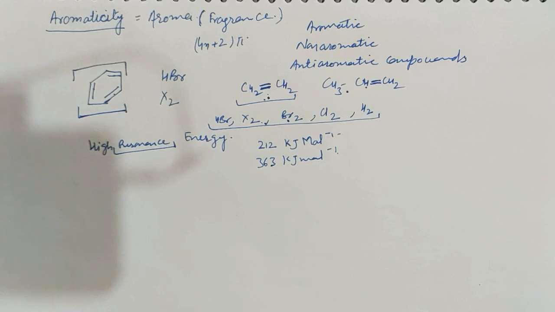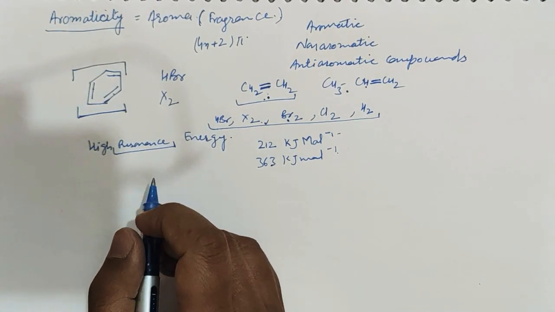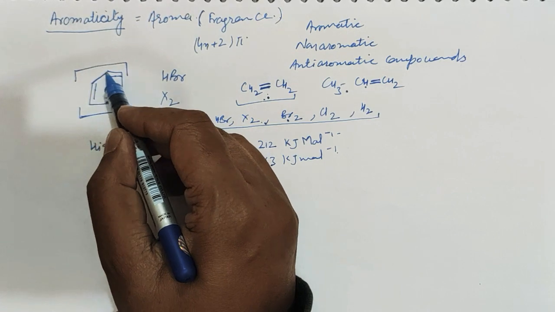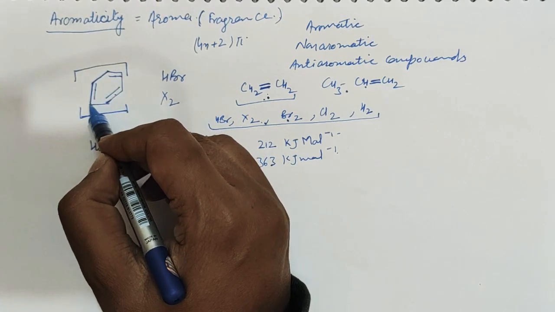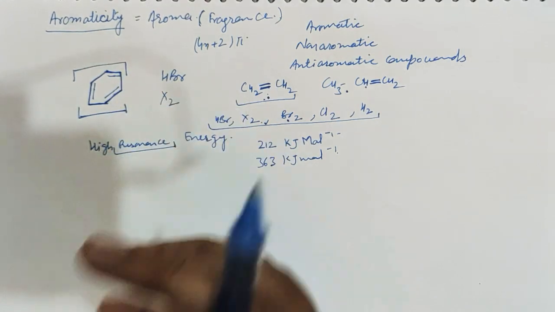Such aromatic compounds are called non-benzenoid aromatic compounds to distinguish them from the benzenoids. So benzenoids are the benzene-like compounds. Next is the Huckel theory of aromaticity. To explain these properties, we invoke the Huckel theory of aromaticity, which shows the various features.